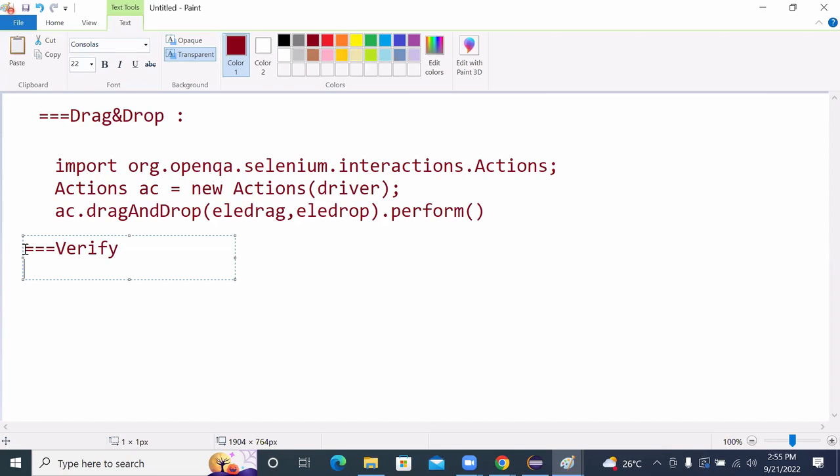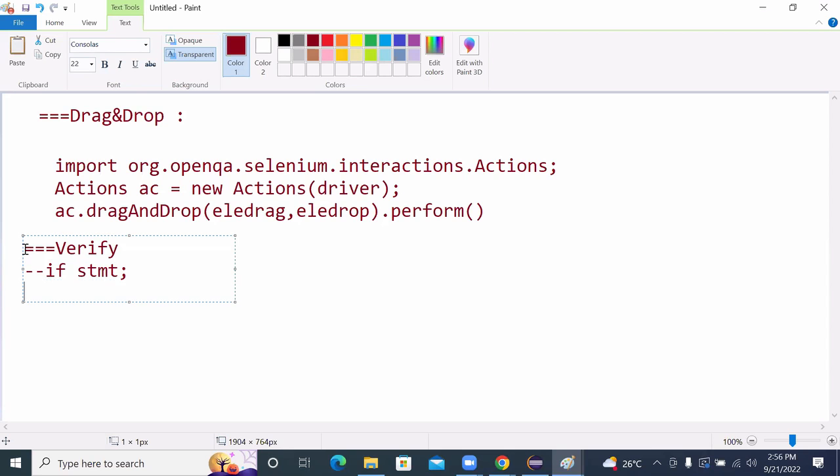Comparison. Expected with actual, actual with expected. Actual result with expected result. So for doing that, you need to take care of the respective condition. All those things will be the same. See the understanding. Assume that you want to perform verification. For that, you write the respective condition,